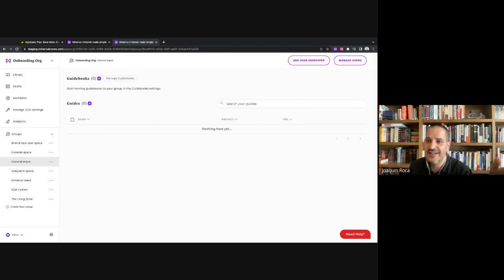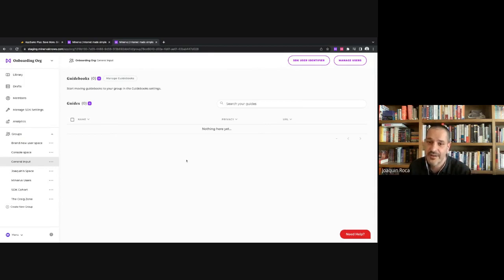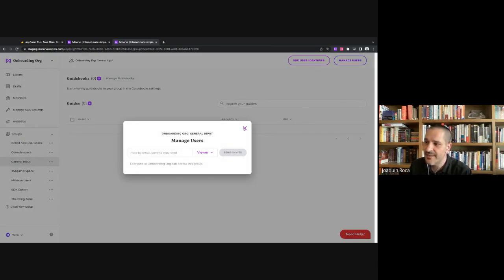Then when they create a guide, they'll be able to put it into this group, and then it'll show up for their colleagues here as well. And so you're empowering your client champions to create a custom knowledge base for their organization on how they use your software. And that's generally where you would want to use manage users. That's the limited number of folks that you have through